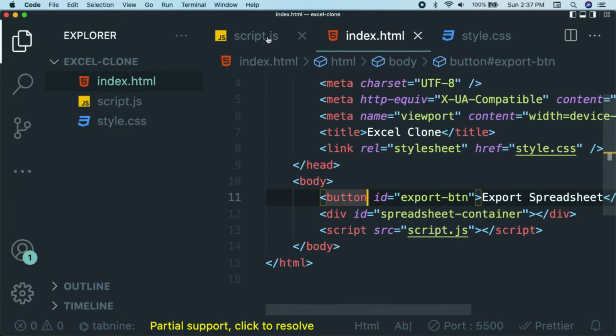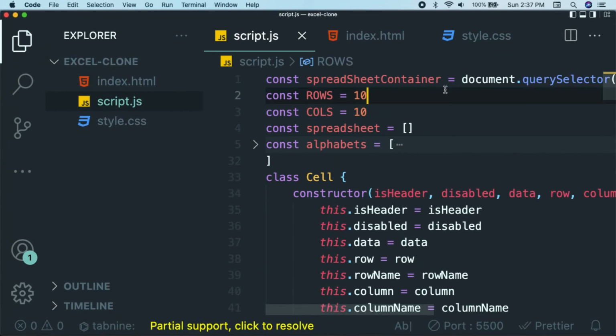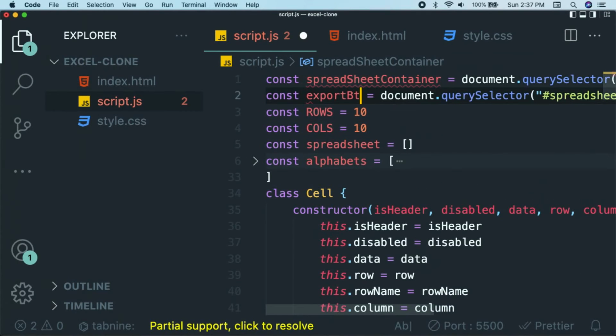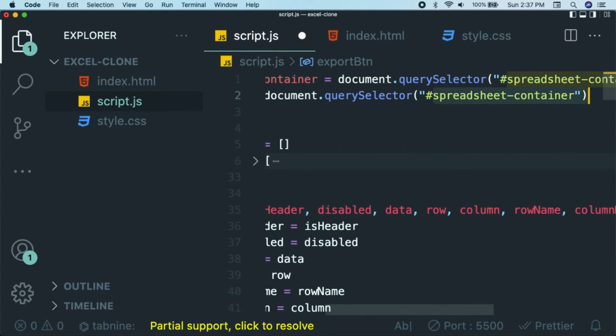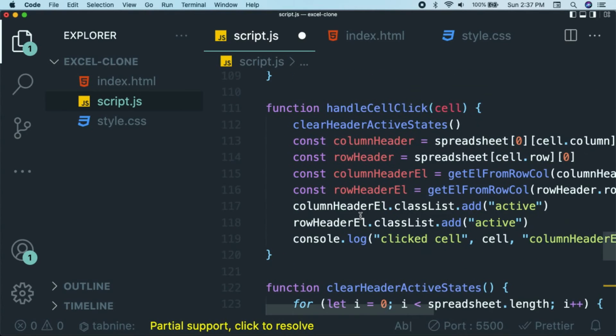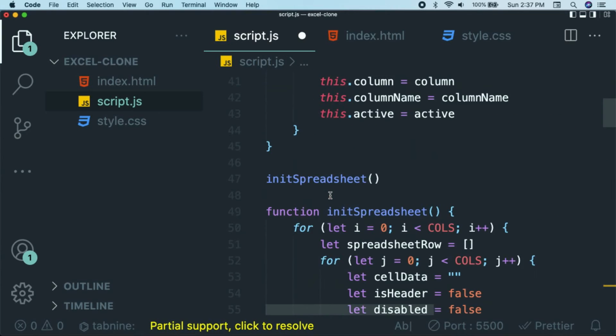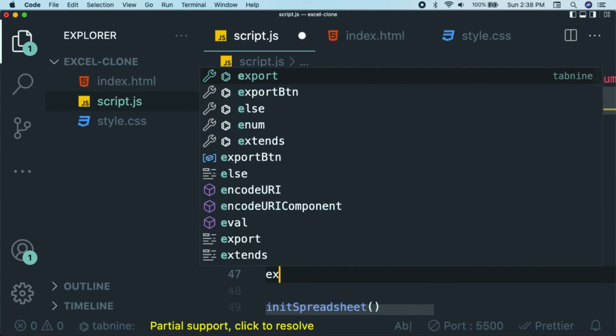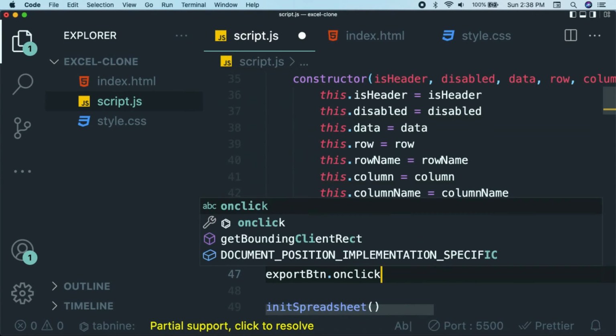So here I will add an event listener. Let me first select the element here. Export btn, document query selector has export btn. So I can add the event listener wherever I like. Let me add it above itself to avoid confusion. Export btn.onClick